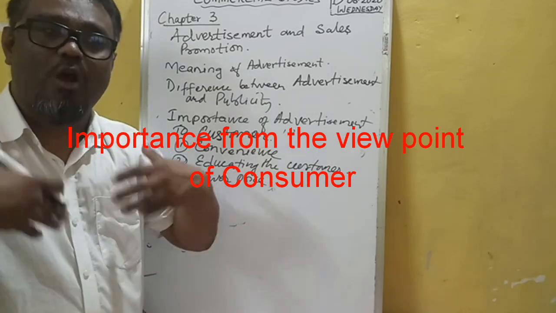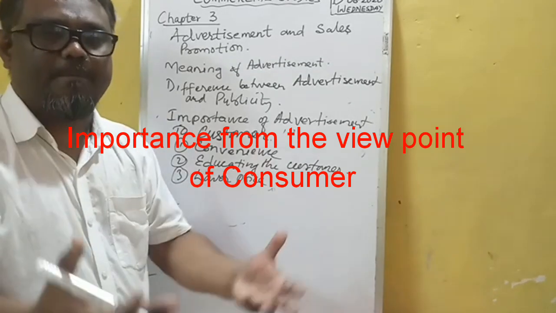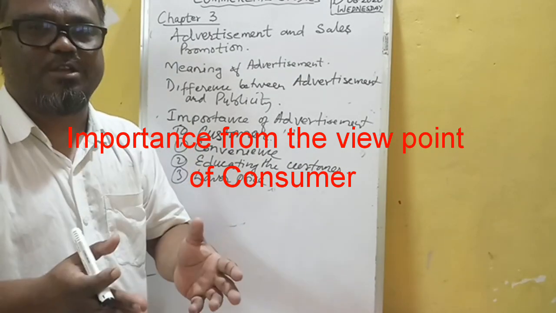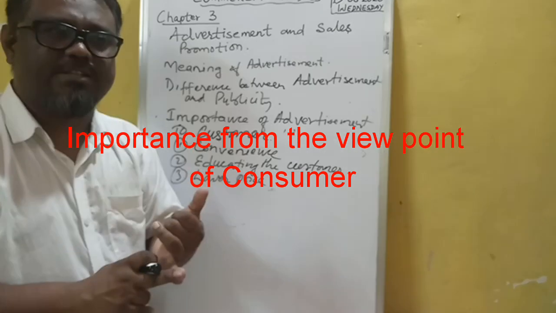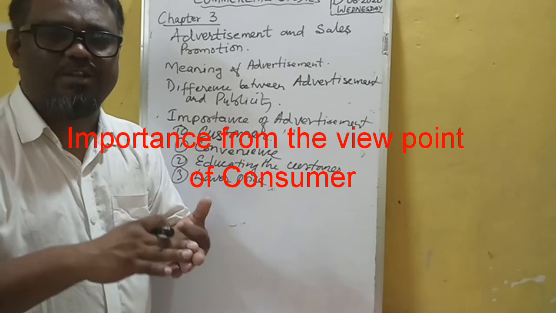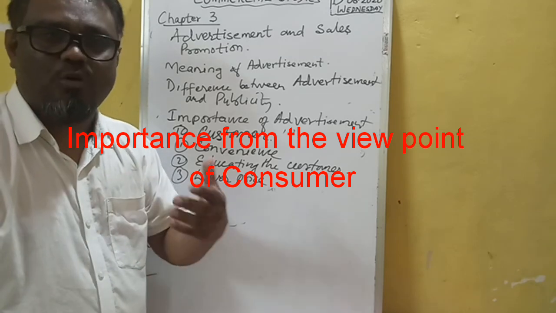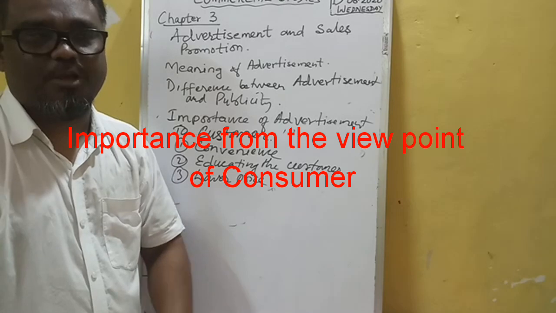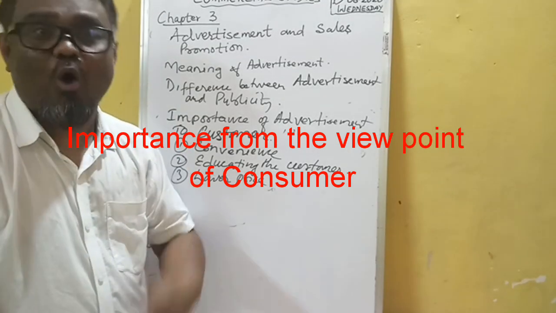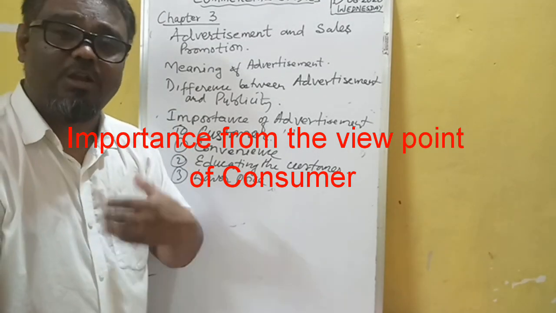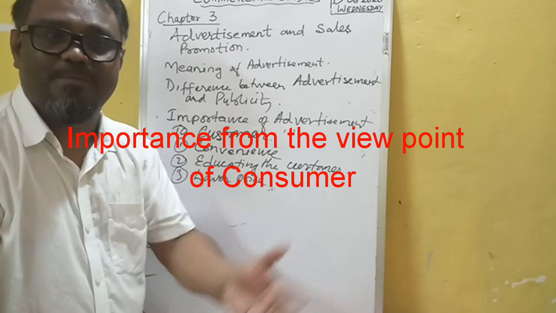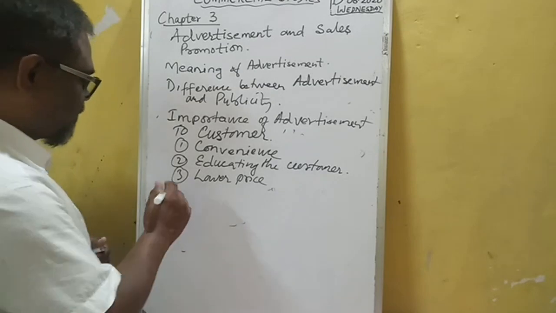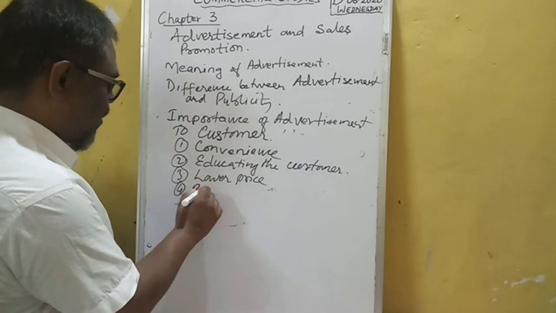Because of advertisement, we already inform the consumers about every piece of information regarding the product: its price, weightage, quantity, quality, everything. So the businessman may not overcharge the consumers, because consumers are already given the knowledge about the price also. They already know about the price, so consumers cannot be cheated here also. In this way, consumers get better quality goods also. Better quality goods.